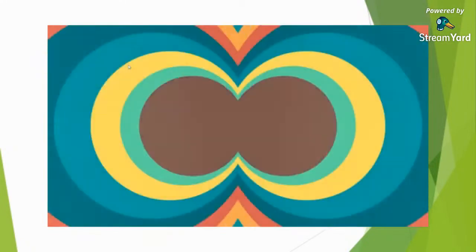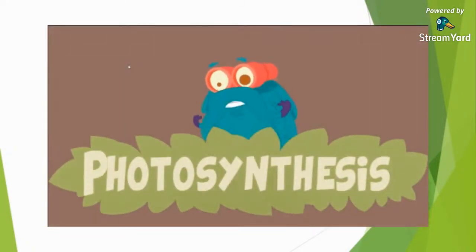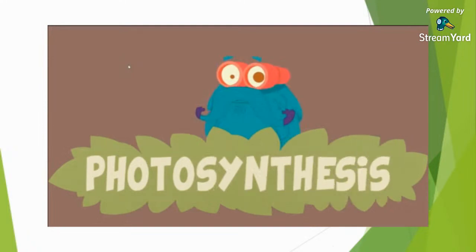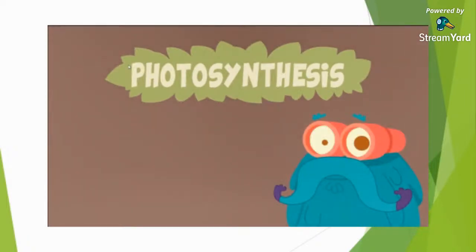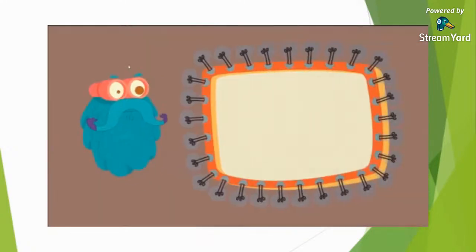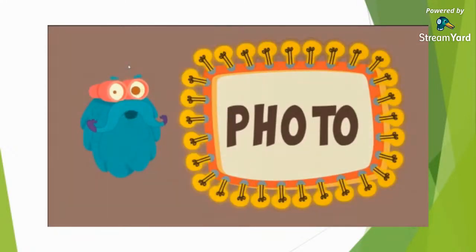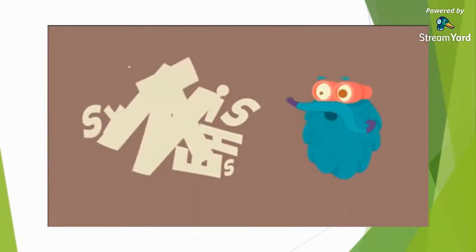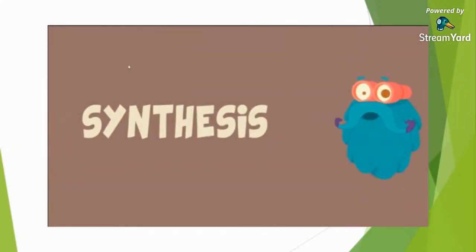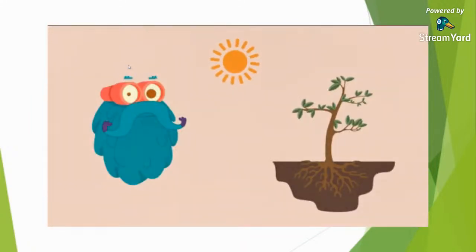Zoom in. Photosynthesis. Doesn't that sound like a big word? Well, don't be bogged down by it. I'll tell you what it means. Photo is a Greek word for light, and synthesis is a Greek word for putting together. Now, it's simple. Photosynthesis is using light to put things together. Plants use this process to make their food with the help of sunlight,